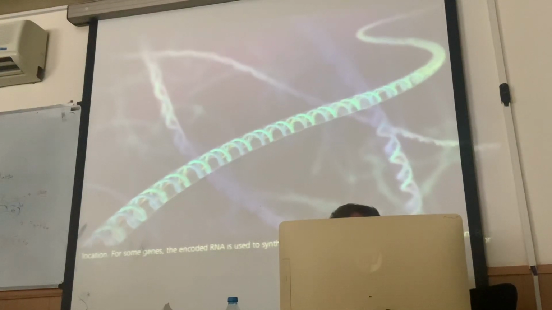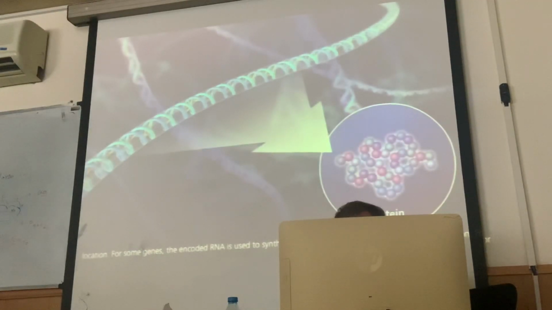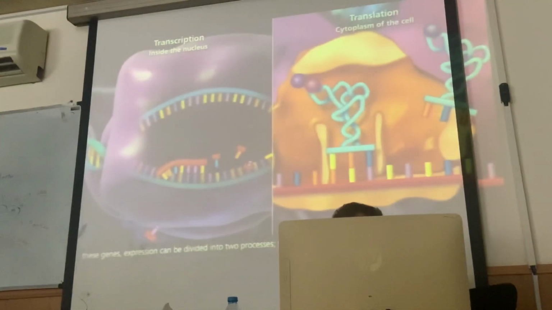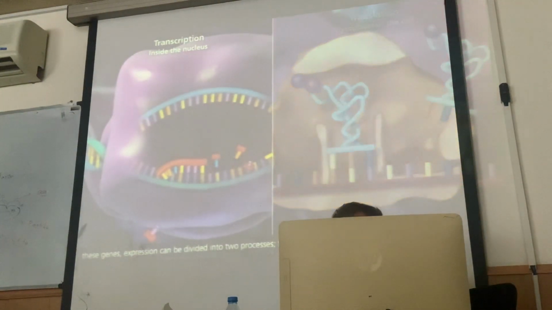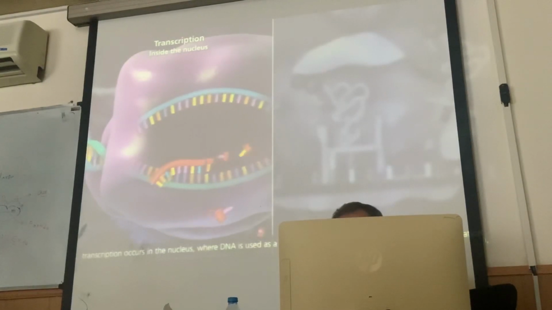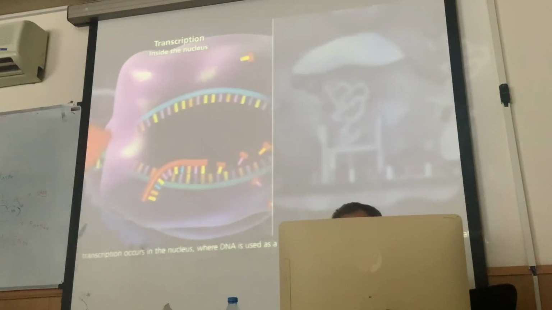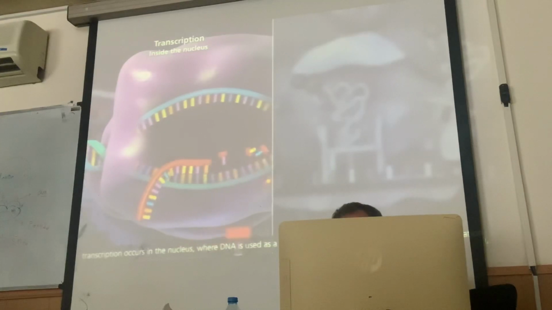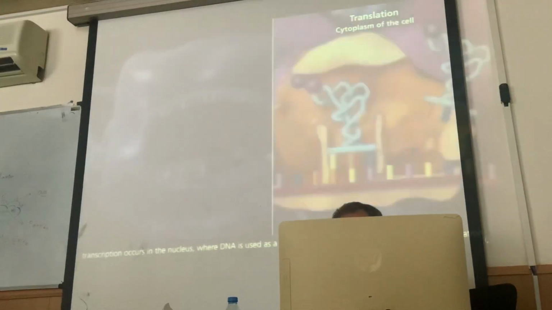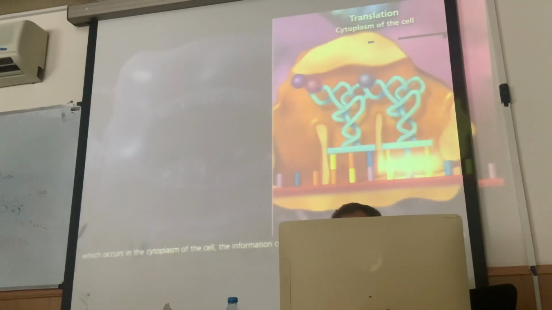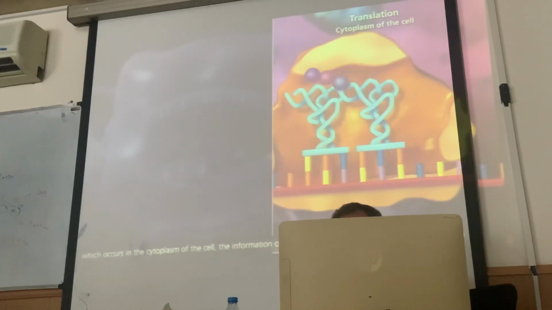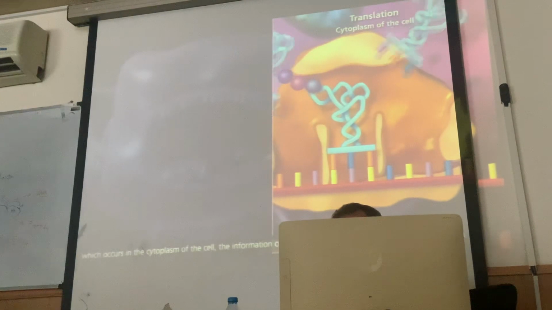For some genes, the encoded RNA is used to synthesize a protein in a process called gene expression. For these genes, expression can be divided into two processes, transcription and translation. In eukaryotic cells, transcription occurs in the nucleus, where DNA is used as a template to make messenger RNA. Then in translation, which occurs in the cytoplasm of the cell, the information contained in the messenger RNA is used